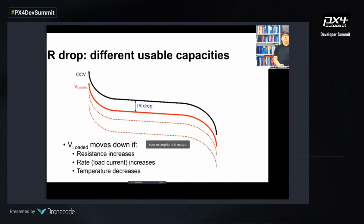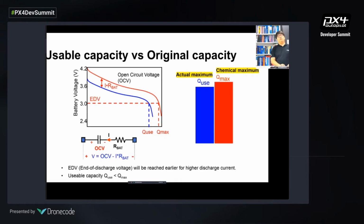The battery experiences IR drop, which is the drop of voltage because of the current flowing into the internal resistance. So V loaded is the dropped voltage that you will actually measure. And this graph moves down if the resistance increases. If you are using the battery for more than 100 cycles, you will experience the resistance increasing, and also the load current increases, and also the temperature decreases. So just measuring this fully loaded voltage does not give you a proper level of energy. So what makes this